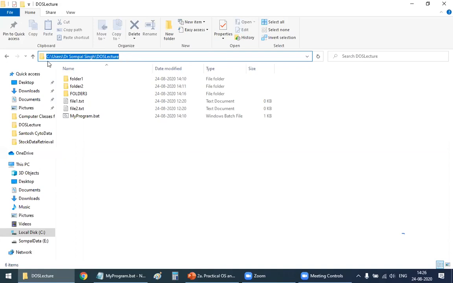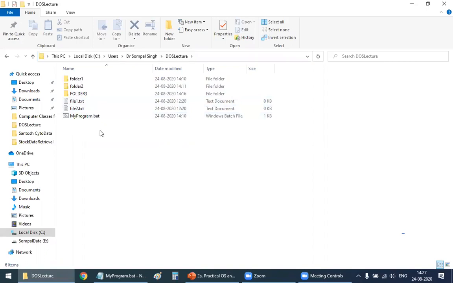It is located in C drive, in the directory known as Users, in the subdirectory known as Dr. Sompal Singh, and this is my directory. And this directory has three more subdirectories known as folder 1, folder 2, and folder 3. And there are two files, file 1 and file 2, and there is a program known as myprogram.bat. So this is the list.